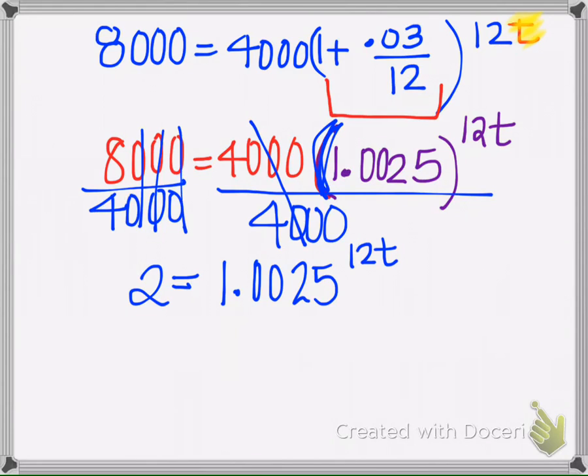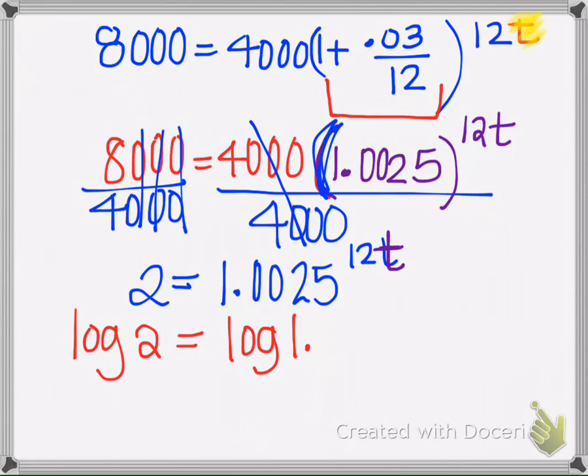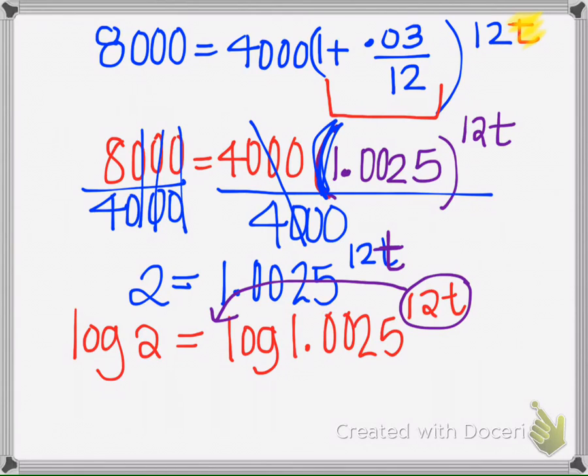Okay, now we have the power isolated here. So we know that there is a property with logarithms that says that if we have an exponent that is a variable and we want to remove it from that position, we can take the log of both sides. So we're going to log the left side, and then we are going to log the right side. And the reason we do that is because there's a property that says this can be moved to the front. It's equivalent. So now we have